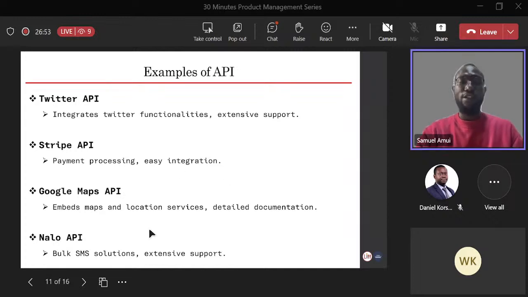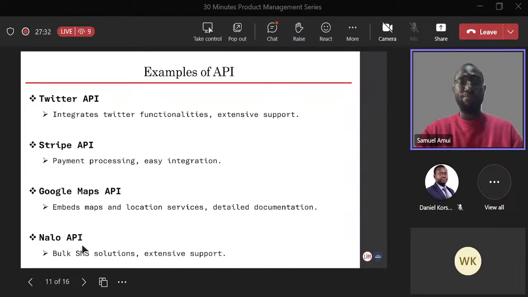We also have the Google Maps API. Basically, when you go to some websites, you'll be able to see some maps on there. They didn't have to go and map out that whole area and do, let's say, UI, UX and stuff like that to be able to show you that map. But then they get access to the Google API, and they integrate it into their websites. It's something that would have taken a longer time if they were doing it by themselves. By integrating the Google Maps API, that whole process has been shortened for them.